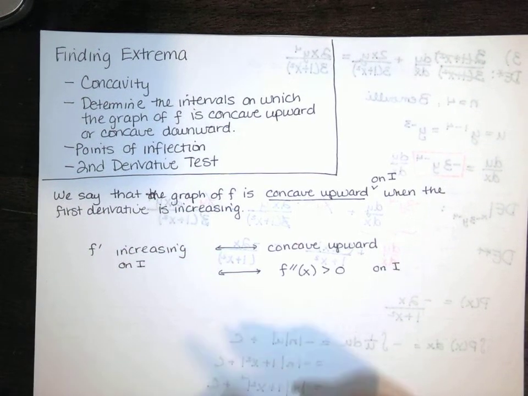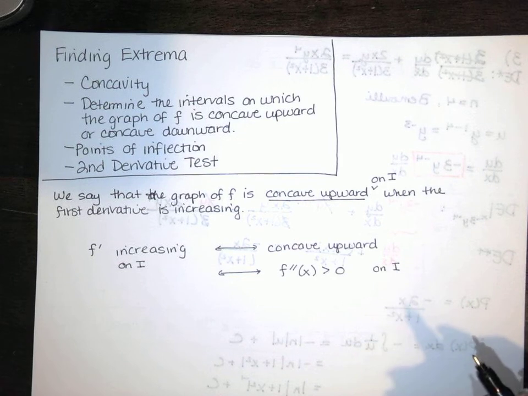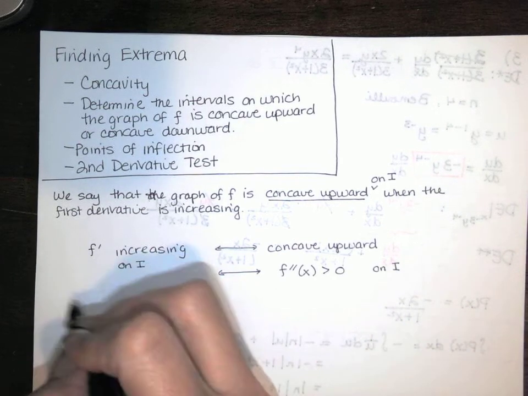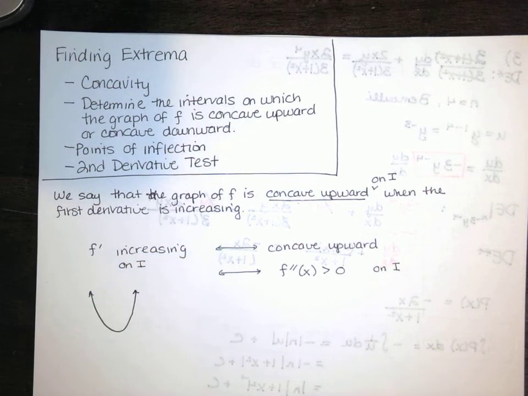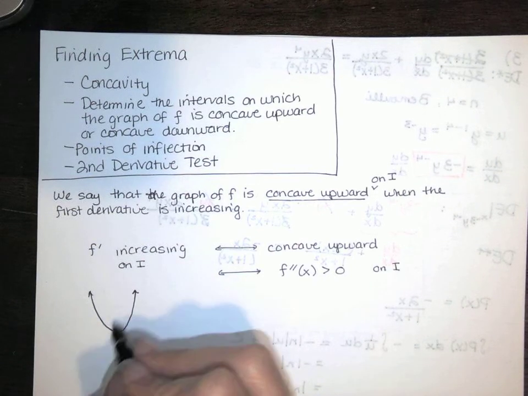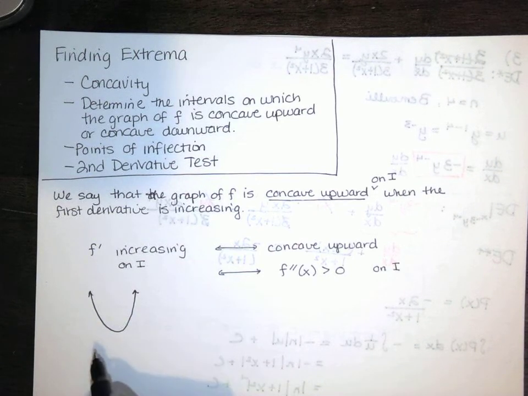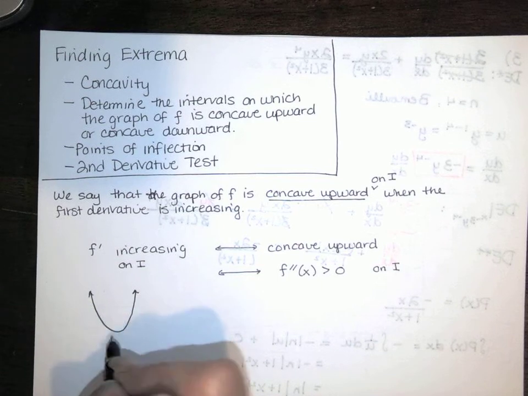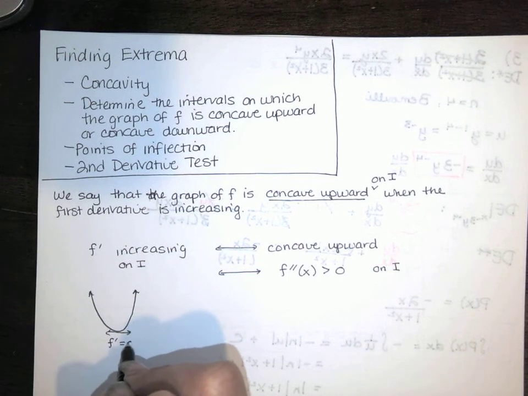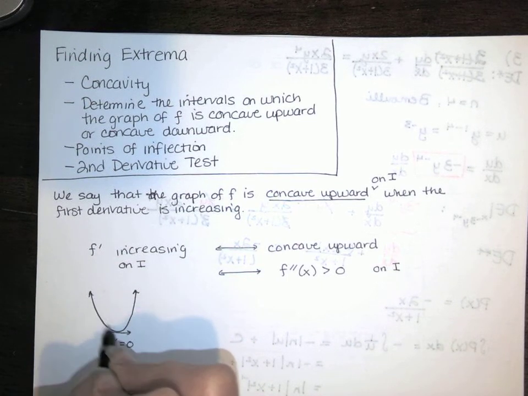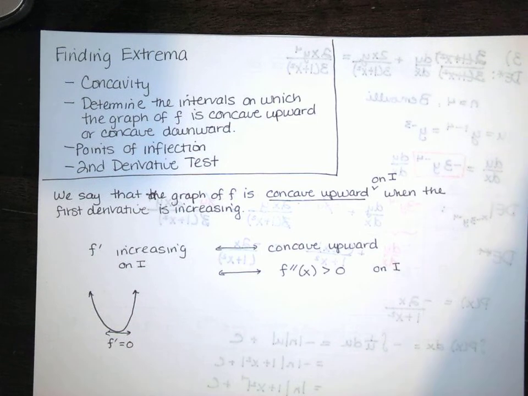Now generally I'm looking at a graph and I can tell it's concave upward because of the shape. If the graph looks like this, the graph is concave upward. And you're saying, as opposed to what? Well, I'll show you concave downward in a minute. But this is concave upward. It looks like a cup facing up. Notice that at the bottom we have a slope of 0. And the slopes on this side, if we draw tangent lines there,